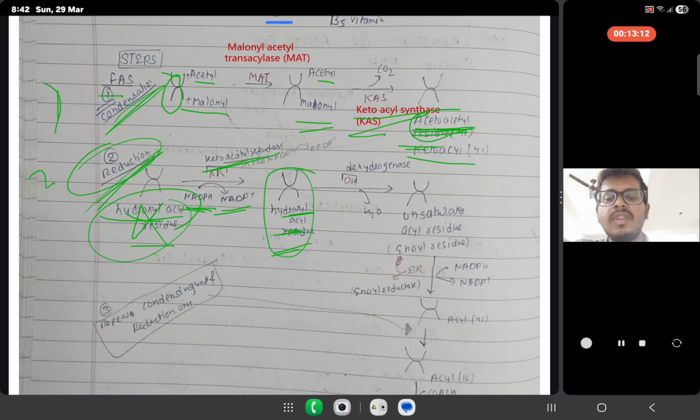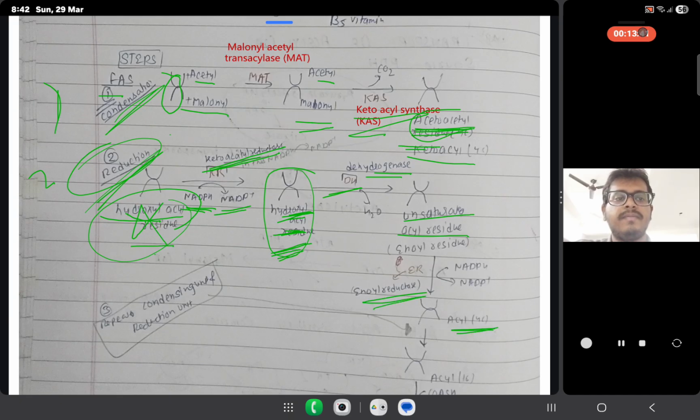Now, hydroxyacyl residue, in the presence of dehydratase, I admit my mistake here. It was acetoacetyl residue that, in the presence of ketoacyl reductase, is converted to hydroxyacyl residue. Now in the presence of dehydratase, hydroxyacyl residue is converted to unsaturated acyl residue. In the presence of enoyl reductase it is converted to